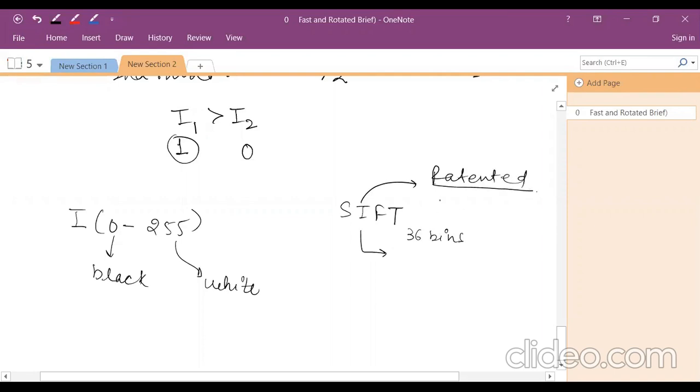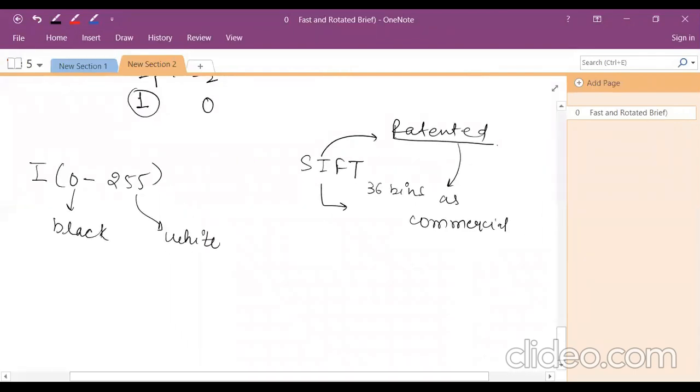So once the algorithm is patented, once your work is patented, then no one can use it for commercial use. I have to take permission from that scientist in order to launch a certain application. So we cannot use SIFT for commercial use. And because in my scenario I'm using the YouTube channel for publishing my videos, it can be understood as commercial use. So that's why I will not use the SIFT algorithm.